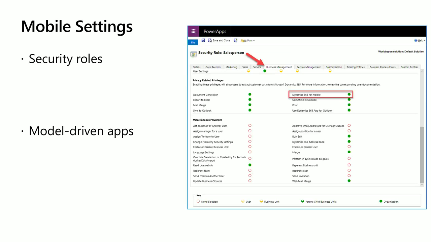a lot about this. So you need to know what's required for users to use their system in a mobile app. And the first one is, yeah, it needs to be a model-driven app. Then they need the security role. They need that privilege